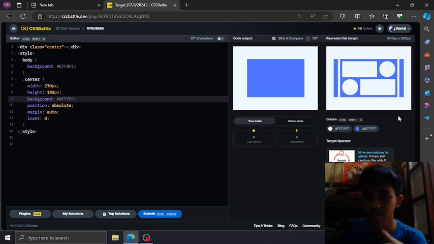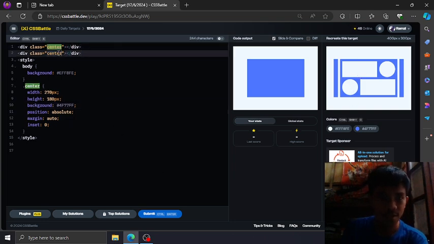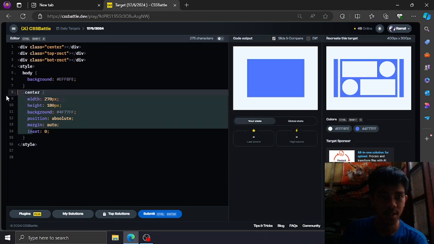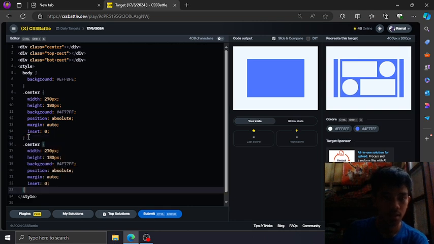Then let's do next this top left rectangle. So you can name this top rect. Copy. This is bot rect. So this top rect, let's copy the center. Rename this.